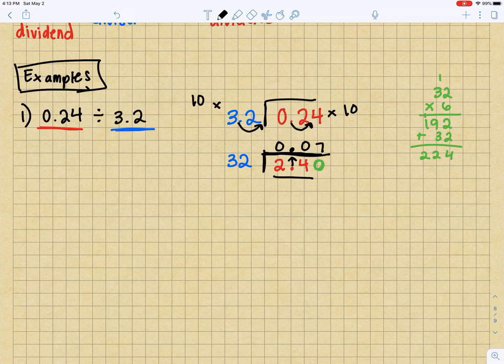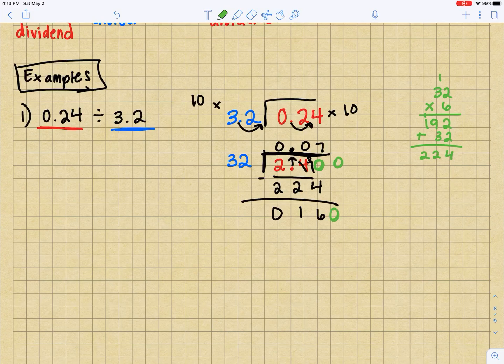So now let's go ahead and write that down. So 224, and now we subtract. I need to borrow from here, so that becomes a 3, that becomes a 10. 10 minus 4 is 6, 3 minus 2 is 1, and 2 minus 2 is 0. Awesome. So next step, you add another 0, bring it down,